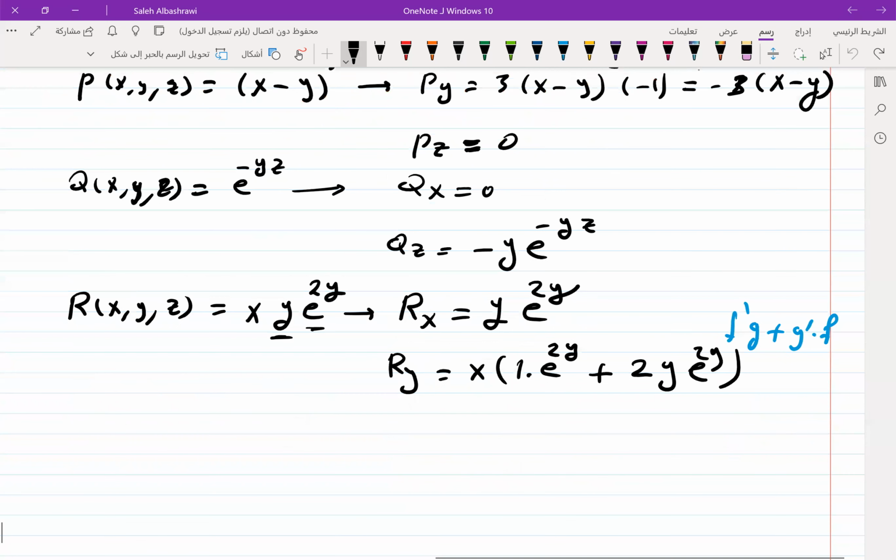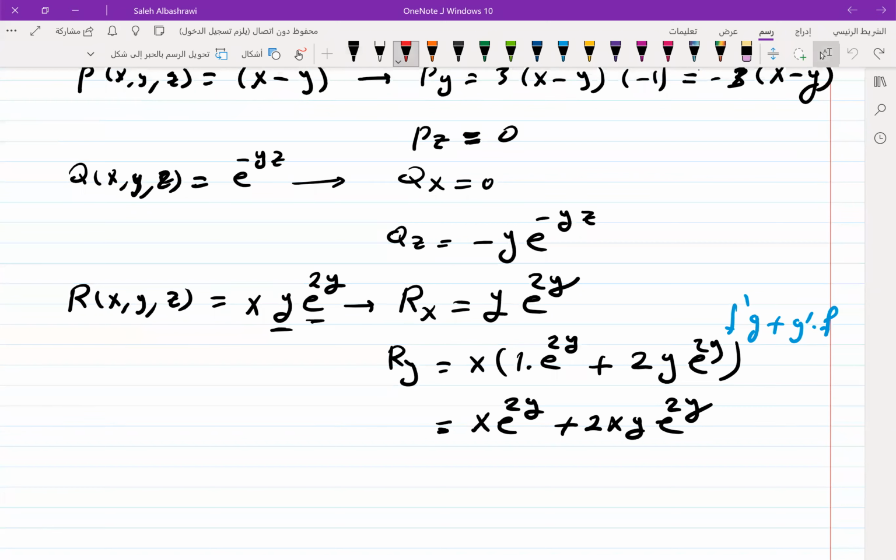Or I can write it as x e to power 2y plus 2x y e to power 2y. Now I have all of these partial derivatives. We can write the curl of the function. Curl of f equal to,